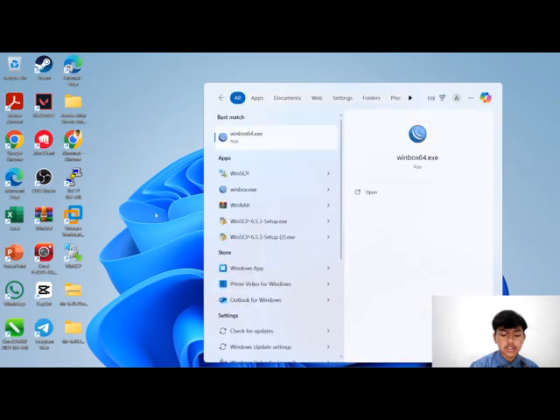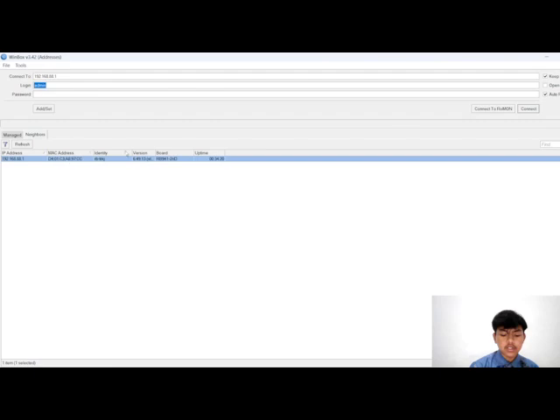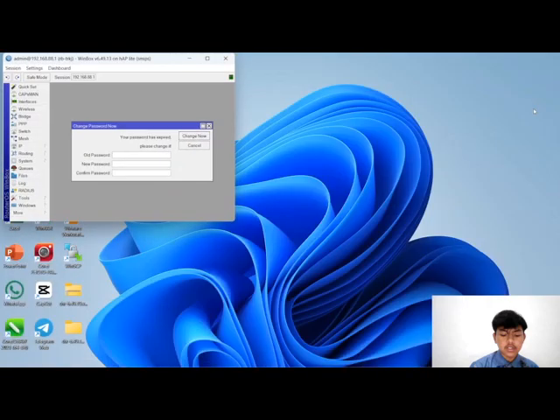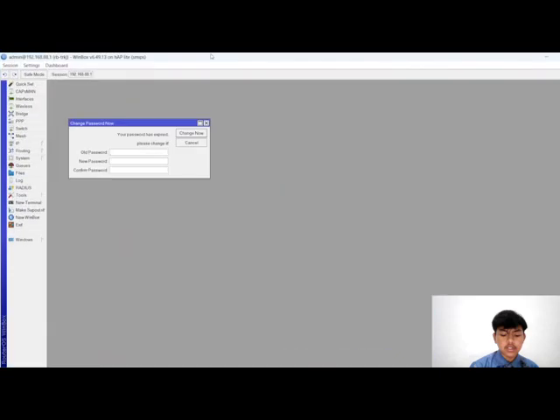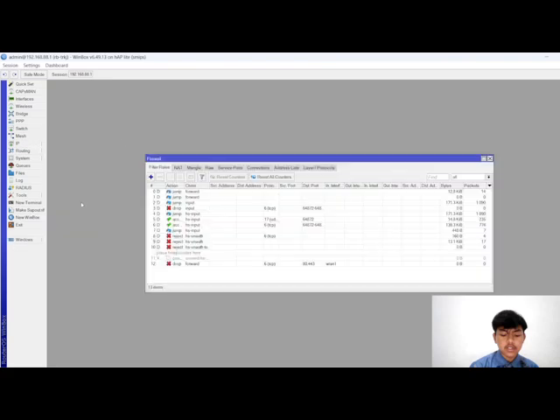In Winbox, you will log into Winbox and connect. Then you can click IP and firewall.